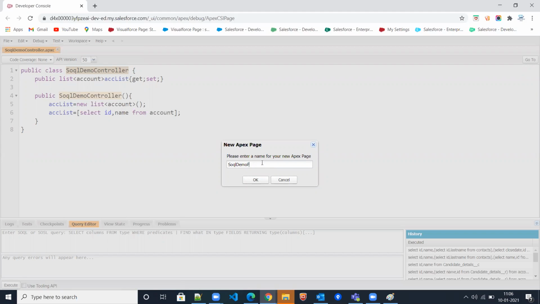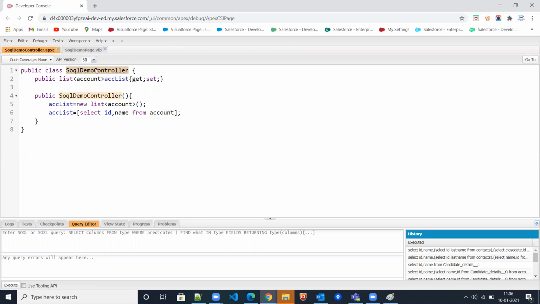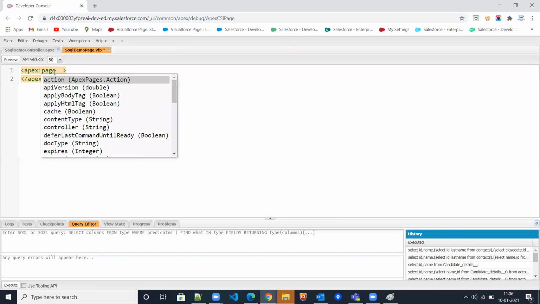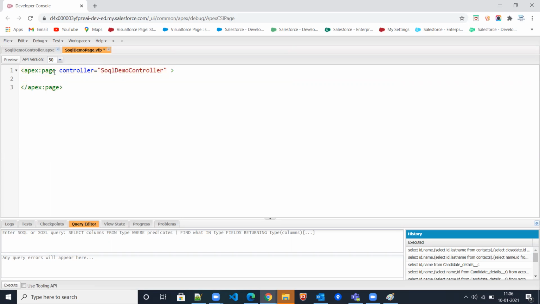Demo page. As I told you earlier, we have a custom controller, and with the custom controller we have to write some form.